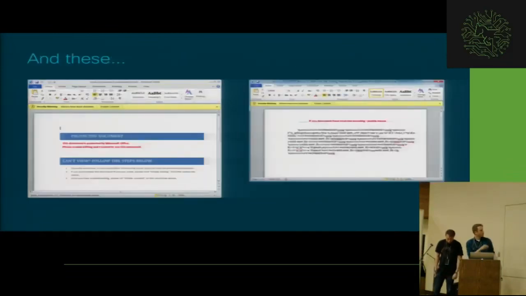Here's a couple more. The one on the left has been really prominent over the last couple months. This looks like text, but it's actually an image. Again, it's just trying to entice you. Everything is trying to entice you to click this button and enable the content. The one on the right is actually not using any images. So there's some obfuscated text, and there's a line of English here to try to get you to enable it.